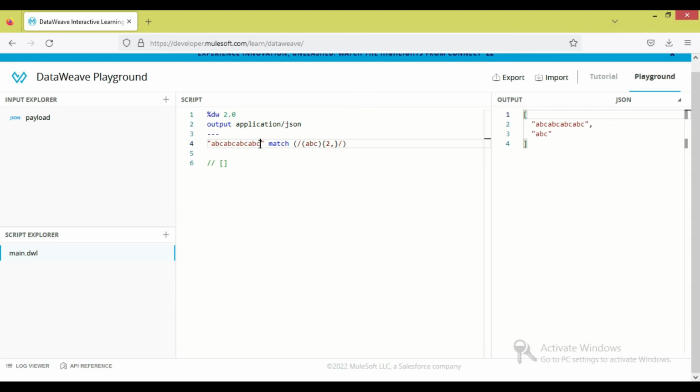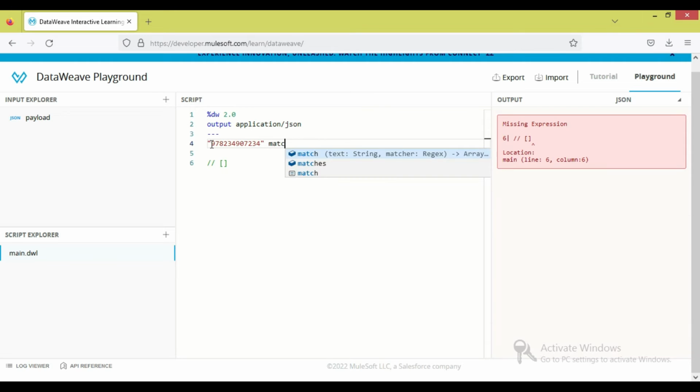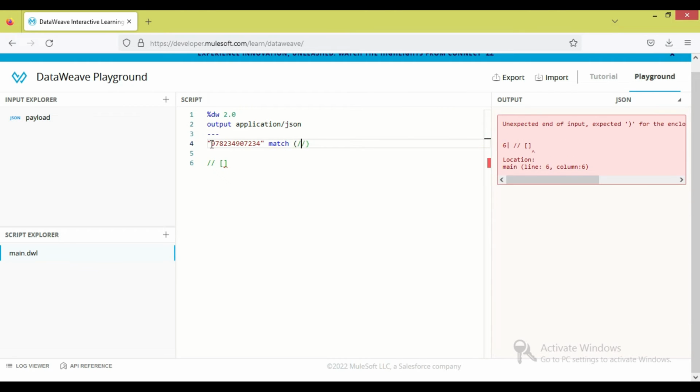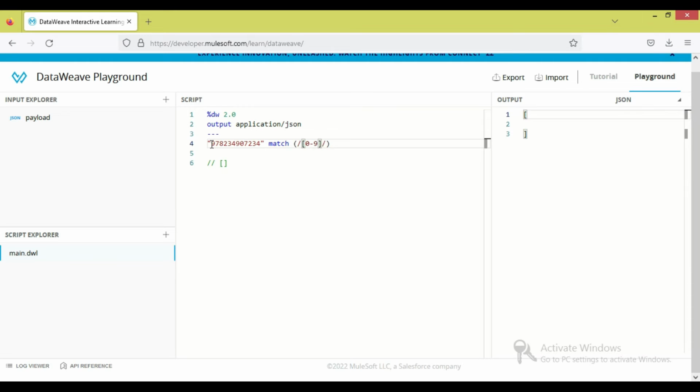Now let's go back to our character class example again, which is the square braces. So imagine if you have a mobile number in your input. How do you ensure to match any input which has anything other than numbers? So let's type a mobile number here. So in order to match this, I would do match forward slashes, and I would typically add 0 to 9 and I would do a plus. All right,